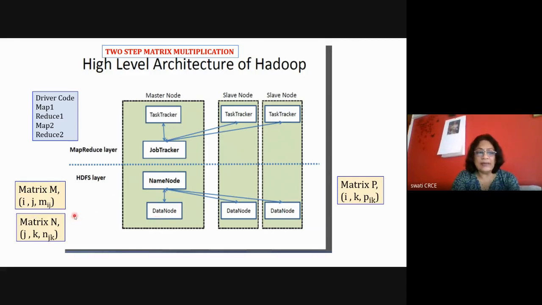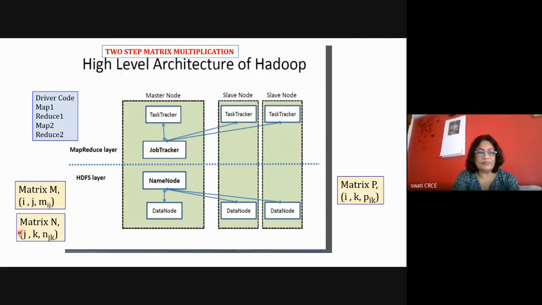So the element is stored in the form of row iterator, column iterator, and the actual element. If it is 1, 1, 2, that means it is the M11 element and the value is equal to 2. So here in the HDFS layer, this entire matrix is in the form of a flat file that is submitted to the name node. Name node will divide this file into chunks. It will extract every matrix element and store the matrix in a distributed fashion, because there are billions of elements in the matrix in the real world for a PageRank kind of application.